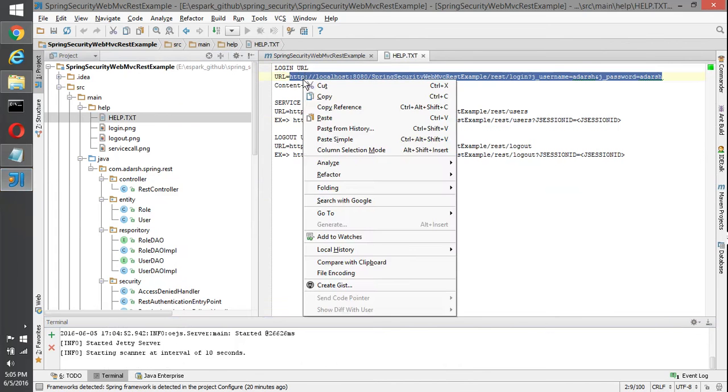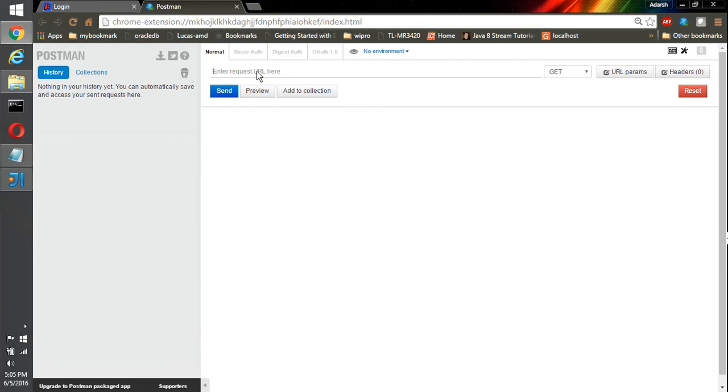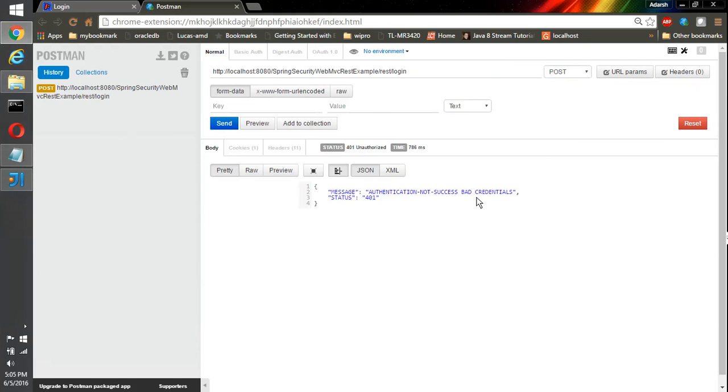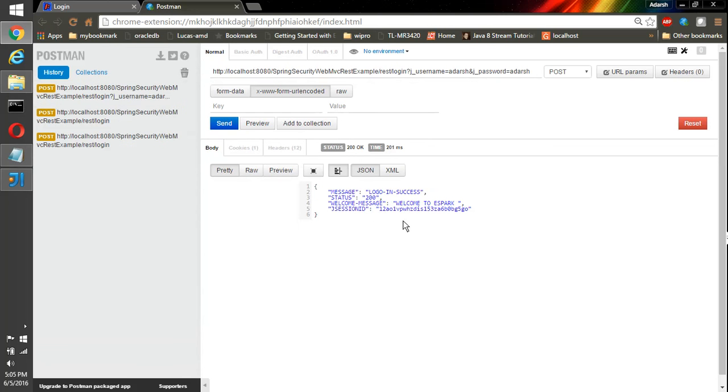So I'm going to paste here, it's going to be a POST request, and if I send this, it's going to say authentication failed, because I need to say x-www-form-urlencoded, and then it says authentication is okay, the URL parameters I need to pass, and then you can see that login successful and all.